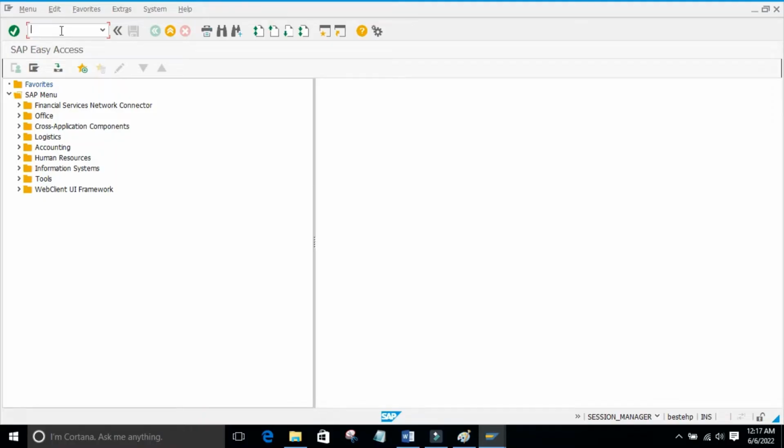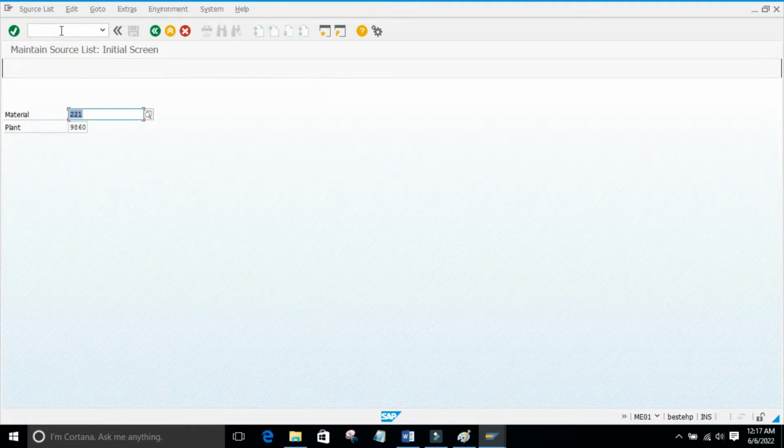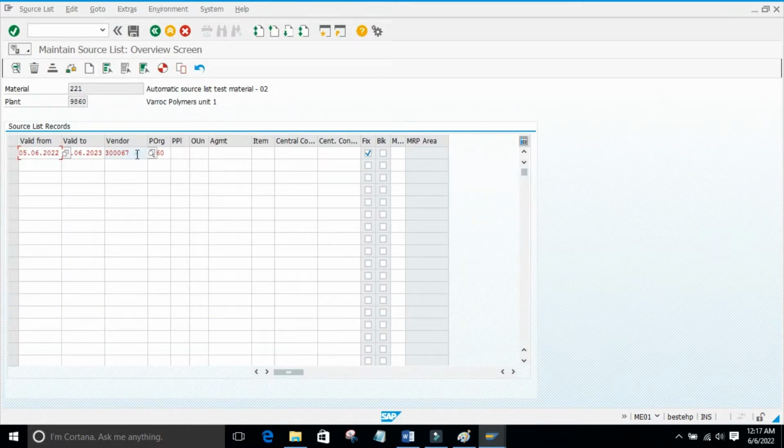So in this video I'll explain, if you want to maintain a particular plant in the source list, how you will maintain it and what the prerequisites are. Suppose now I'll open one purchase info record, one source list. For this material, here I have one vendor as a source. As of now, the source of supply for this material is this vendor. If you want to maintain your own plant as a source for this material,